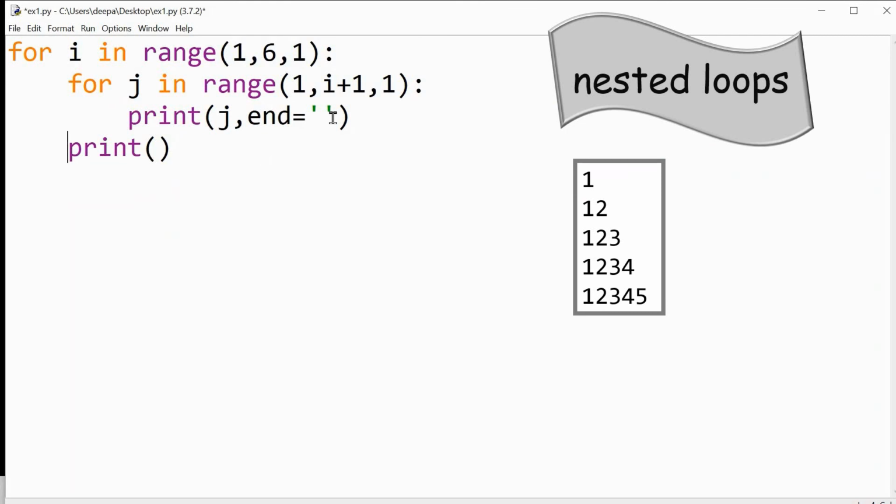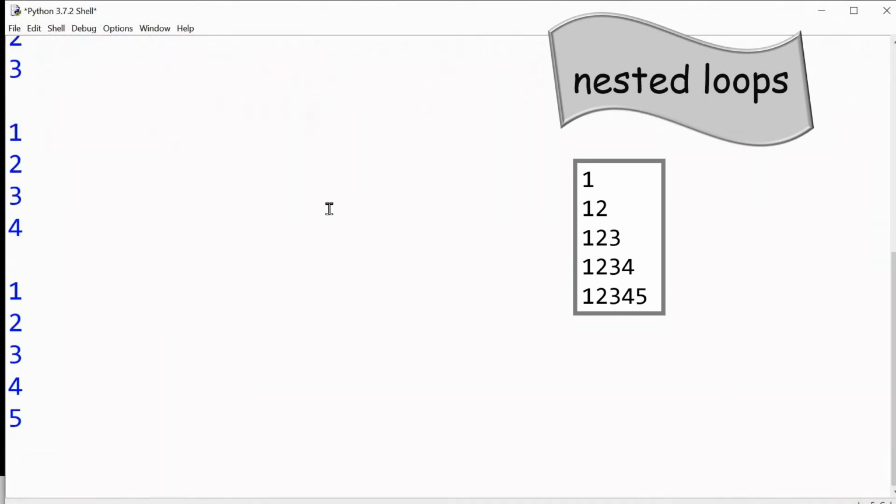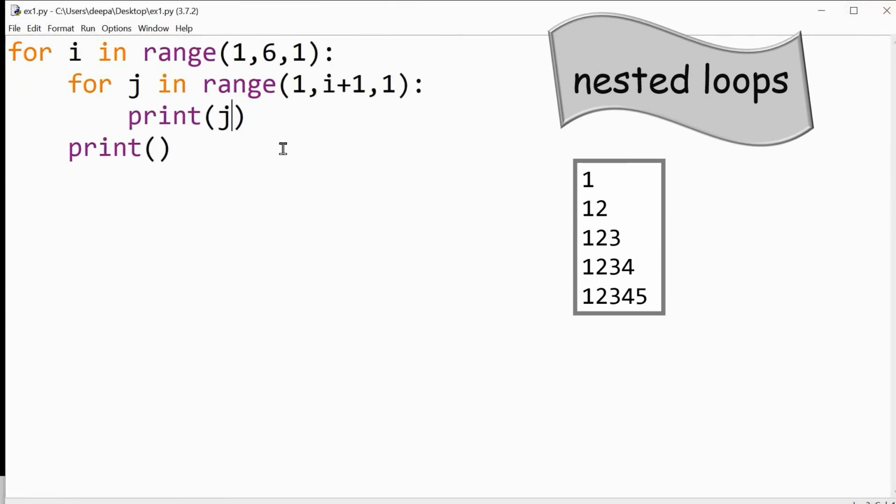Same way here, if I don't give this end equal to, and just print j, then the output will be vertical. So here you have to give end equal to an empty string. Then only it will join and print in each row.